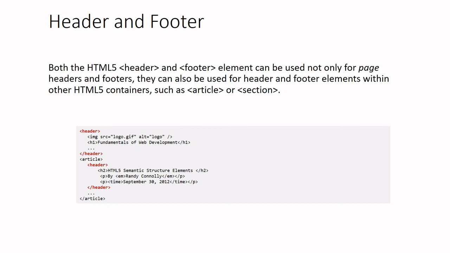So you see here in these examples what happened. First we already use the header like a typical header, you can display the fundamentals of web development as a title, and then you can display the logo. But the next header is after the article only. Okay, there also you can use it. So don't keep in your mind that we can use only a single header and a single footer, nothing like that. Any other HTML5 containers also, we can add the header and footer.